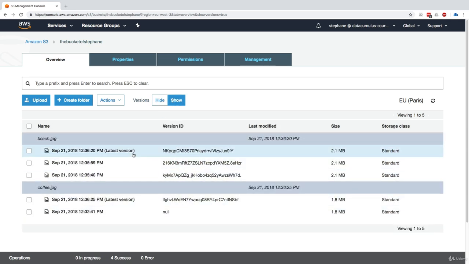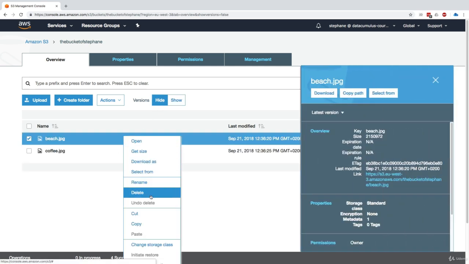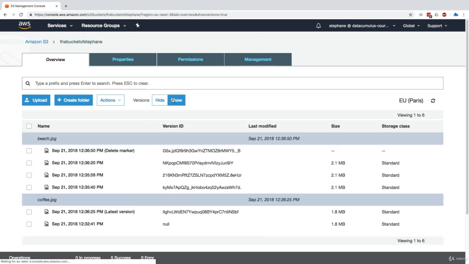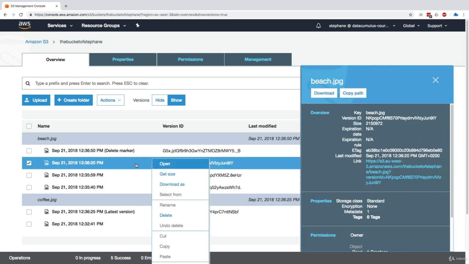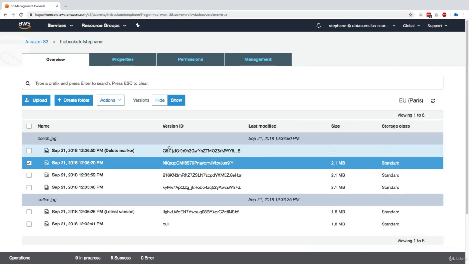The other thing that's super interesting is that if I delete my file, so let's go ahead and right click and delete my file, and I say, yes, I want to delete it. It looks like it's gone if I hide the versions, but if I show the versions, you can see that the only thing that happened is that there was a delete marker on that file. And so basically, I'm able to restore it if I wanted to. So here is the downloaded file, and I could restore it if I wanted to. But the idea is that now that you have versioning, when you delete a file, it just puts a delete marker on it and just creates a new version of that file for you.